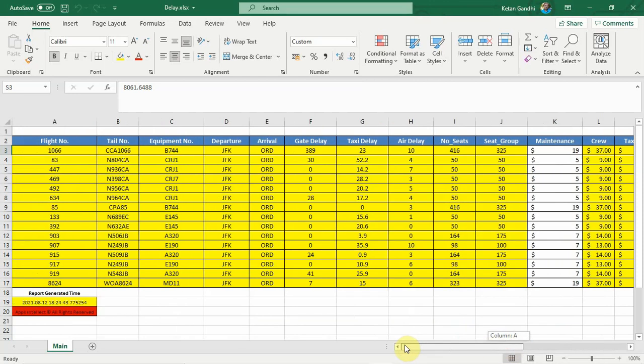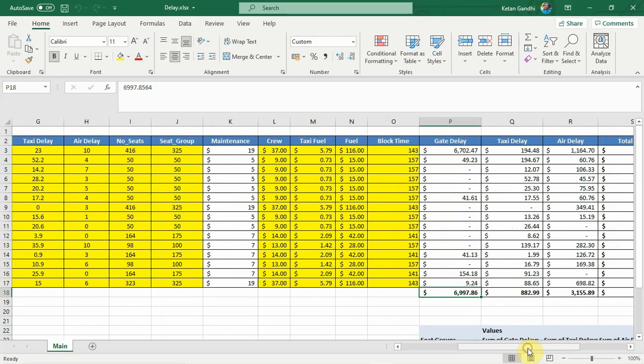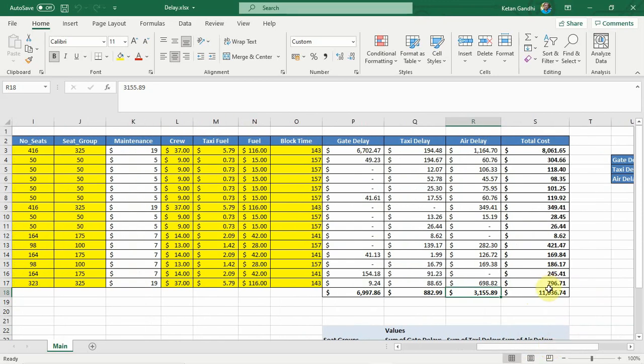The same way with all the other aircrafts which flew on that particular day, all the other aircraft with other aircraft manufacturers, Embraer, Airbus, and CRJ. So this was the calculation. In all, when you look at the total delay, gate delay for the particular day was something like 69,976. Taxi delay was 8,829, and air delay was something like 31,589. And the total delay cost for that particular day, including gate delay, taxi delay, air delay, taking into consideration all the other aircrafts which flew on 7th of July 2007, was